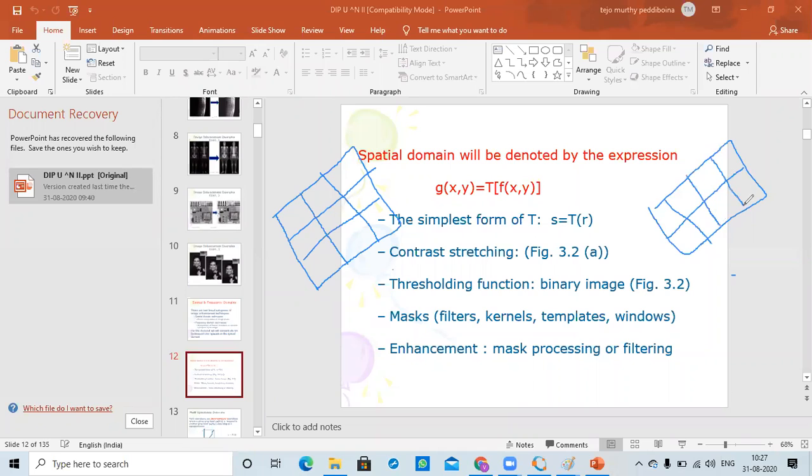The first one is for R and the second one is for S. This is my 0, this is 1, this is 2, and 3, so 4 values are possible. Now what is my thresholding function? If my pixel values are 0 and 1, I will make them 0. And if it reaches a certain threshold, that means 1, I will make it 1.